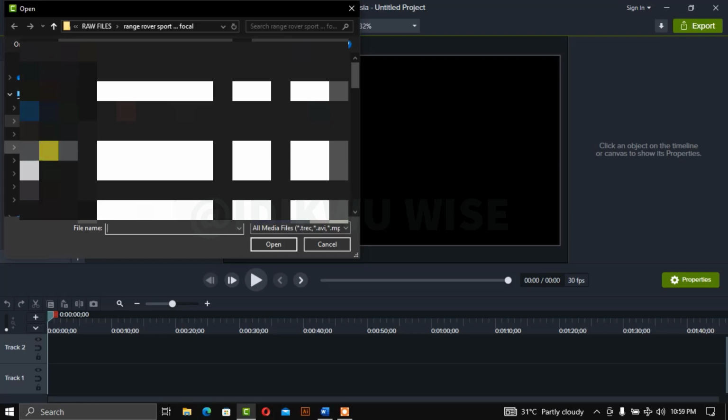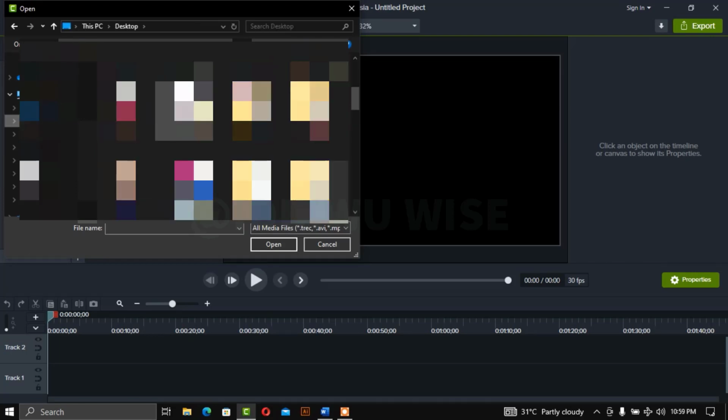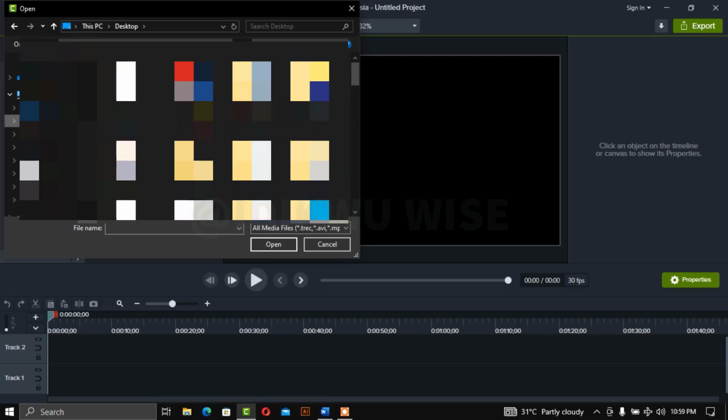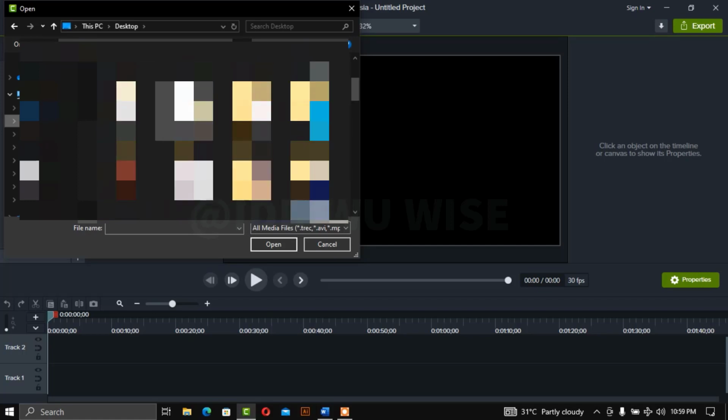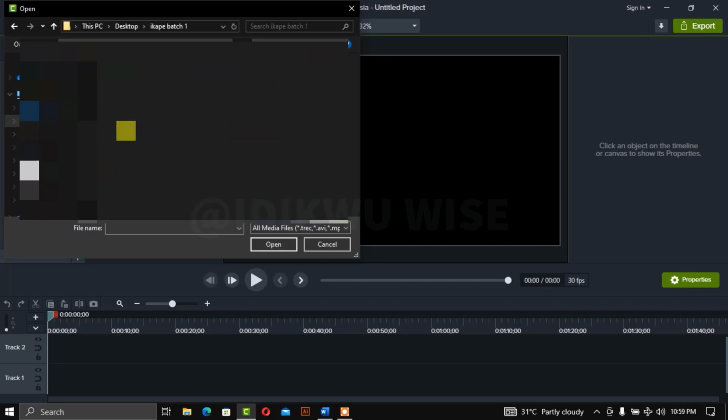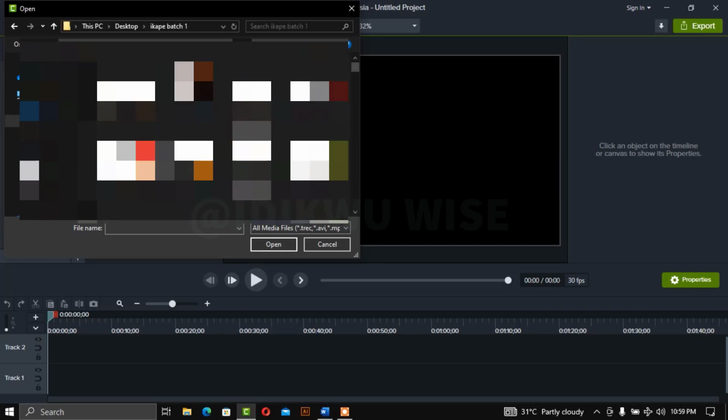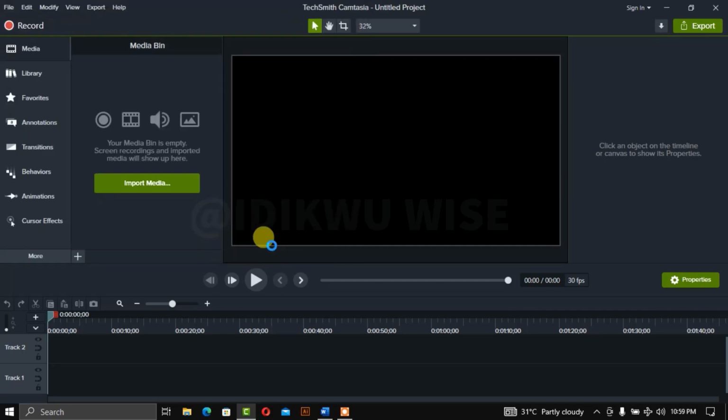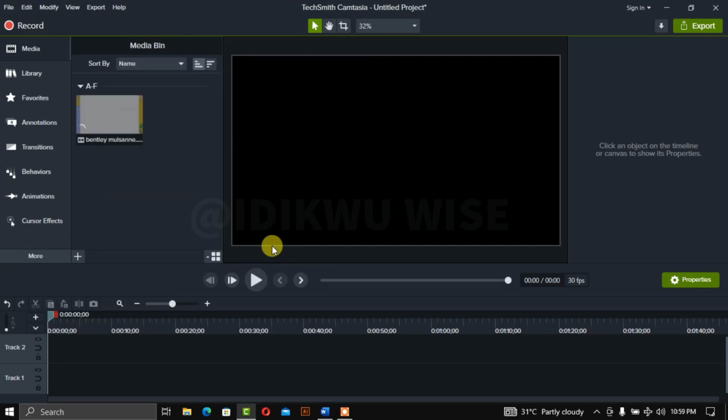Then you look for the file you want to import. So let me look out for a particular video. Then you click on this file and you click on open. So now the file will be located at this point. If you highlighted more than 2 to 5, even 100 files, you will see them all here. So now this is your workspace, and in my next course outline I'll be teaching on how to change